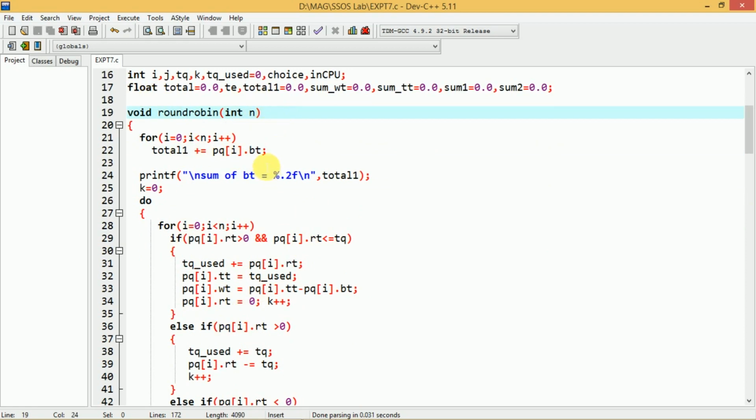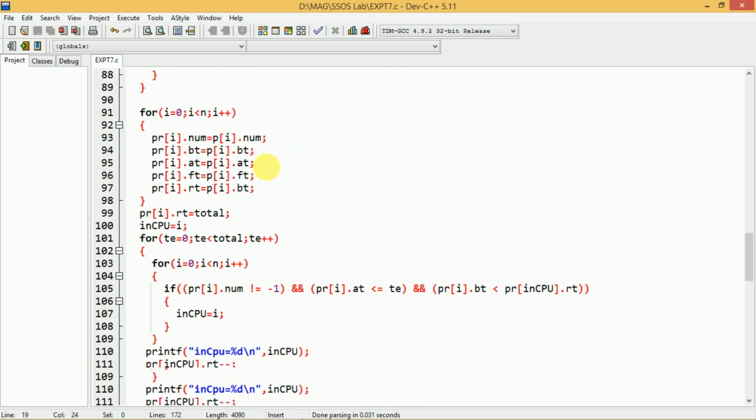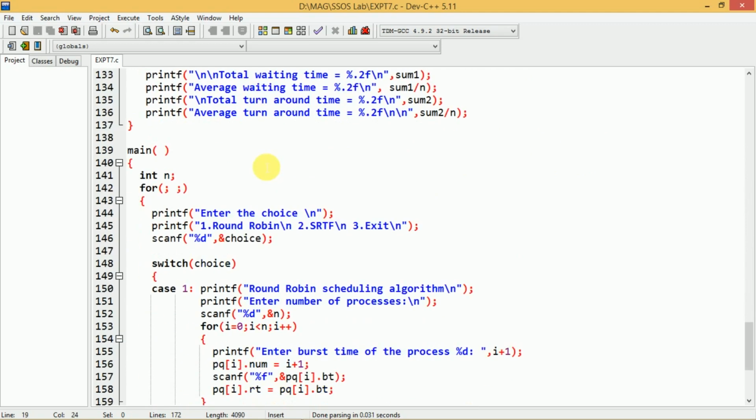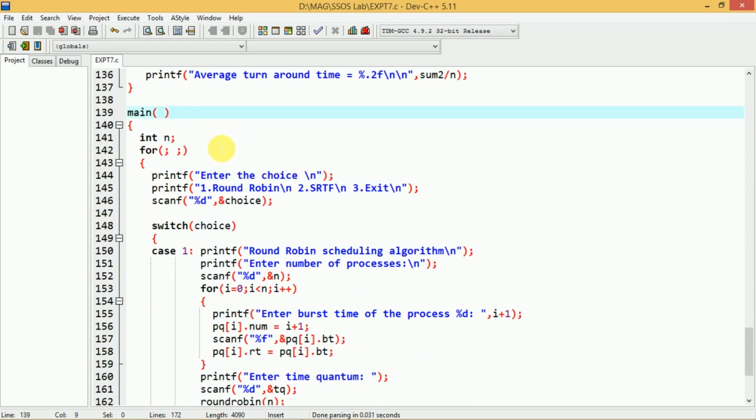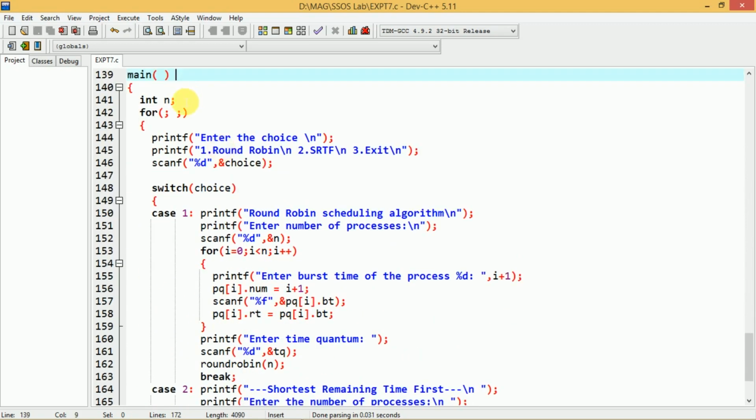Before we see the body of these functions, we'll start the discussion with the main function. In the main function we declare one more local variable, int n. We have an infinite loop here, and as we are going to implement two different algorithms in this program, we make use of a switch statement.